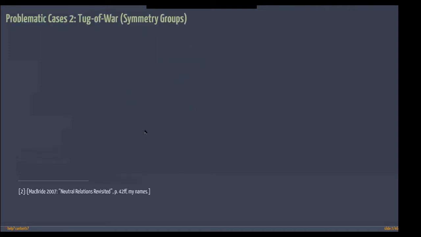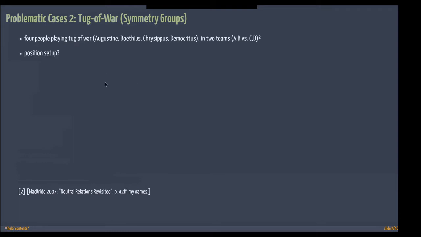So the second case that McBride asks us to explain, the second relation he asks us to explain, does not contain anything non-symmetric, but only symmetry. And the relation is 4 people playing tug of war in 2 teams of 2. So it's the persons AB against CD, but first and foremost, it's 4 people playing tug of